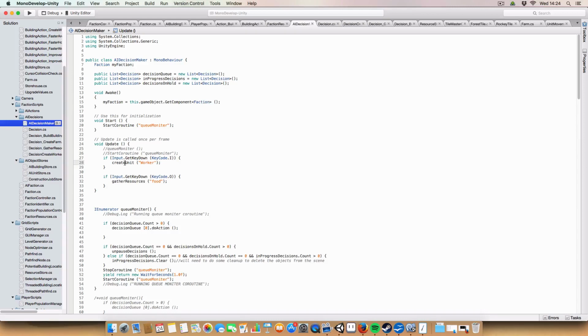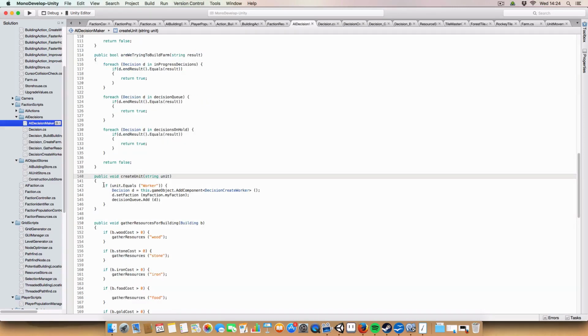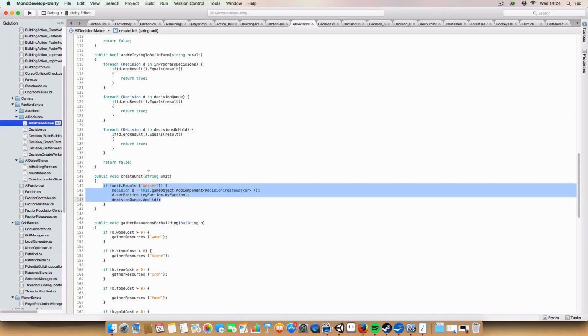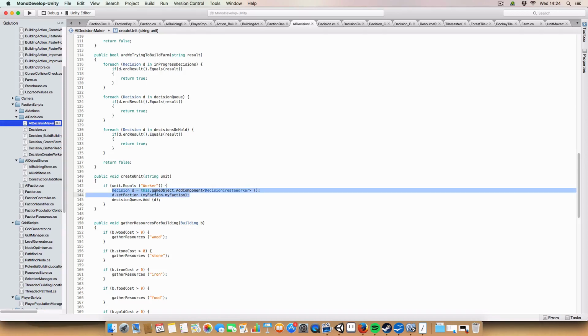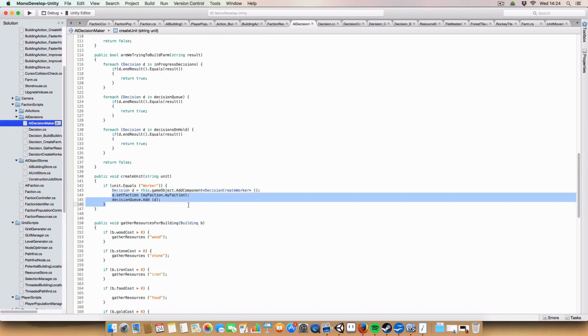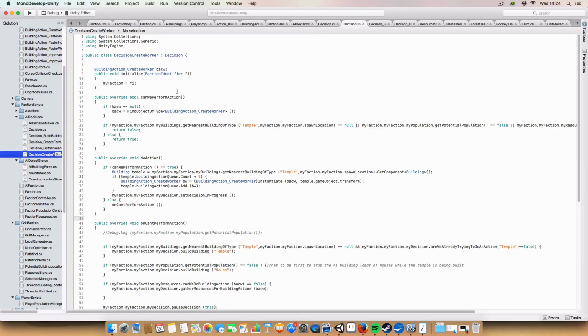So basically, call create unit. So we say worker. Go to declaration, and if unit equals worker. In the future, we're going to set it so that if you passed in a hoplite or an archer or whatever, we do that one. But for now, we only have workers. So we get a new decision, we initialize it, we set the faction, and we add it to the decision queue. And this decision, create worker, basically checks first